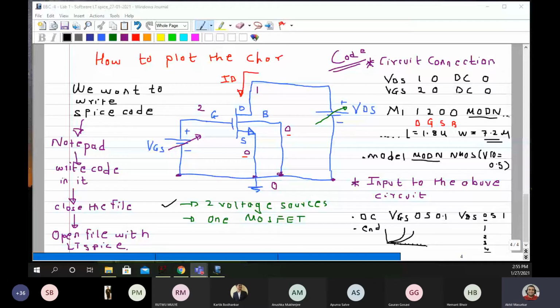I hope that answers your question. But you can just write it as .cir, in small letters. Your file can have whatever name, with the extension .cir.